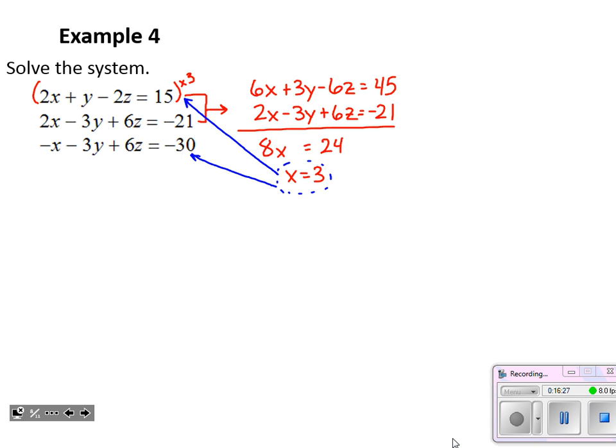So now I have 2x, which is 6, plus y, minus 2z equals 15, just plugging in that value of 3. And in the bottom equation,